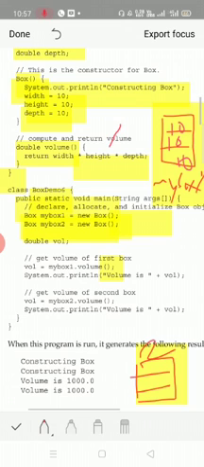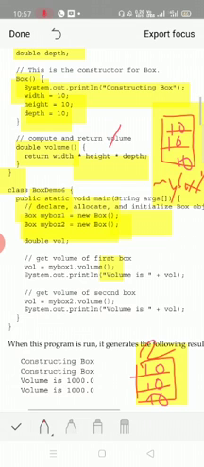Similarly, the next statement is myBox2. Again, the box class constructor is called, which has a System.out.println statement, constructing box, followed by initializing the three variables to 10, 10 and 10 respectively. This is what is done by this step.